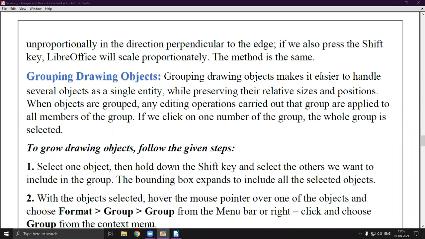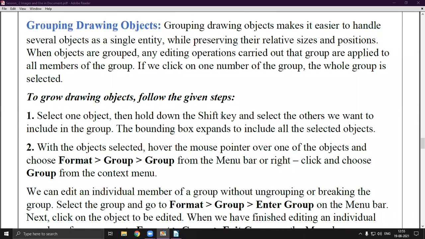Are you understanding my point or not? Please give your consent, because it's very crucial to understand. Great. So yes, if we click on one member of the group, the whole group is selected.